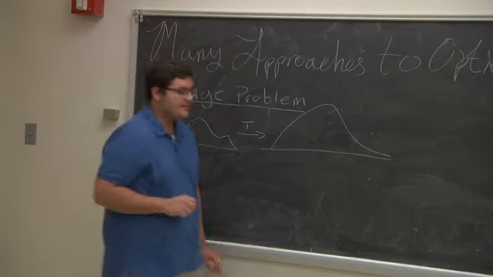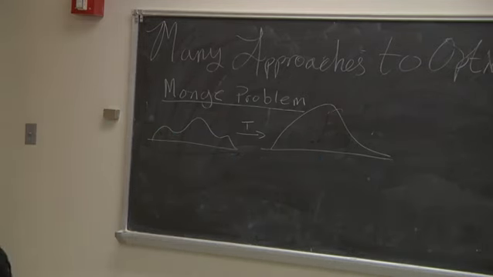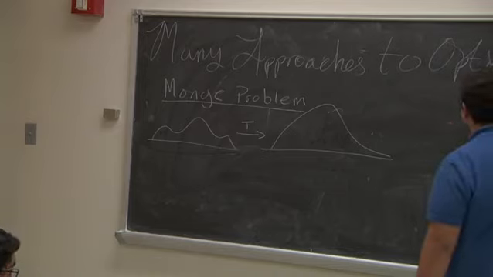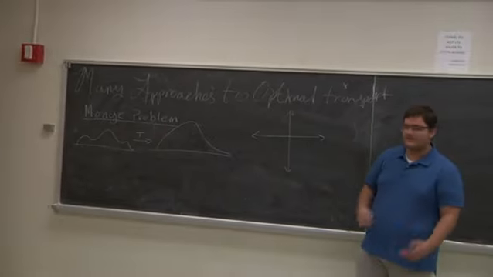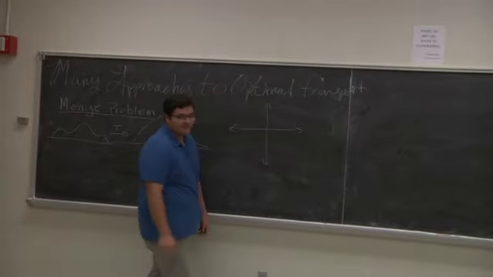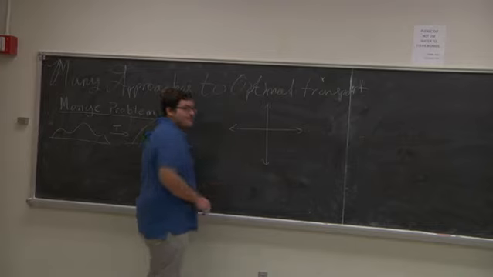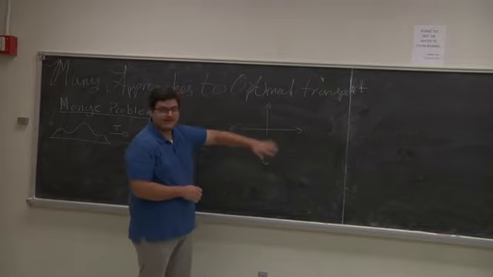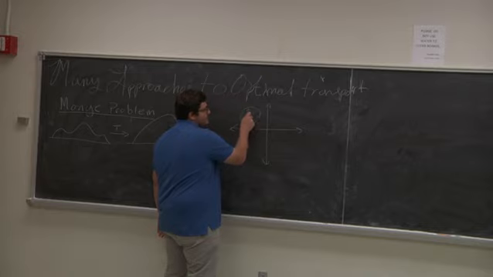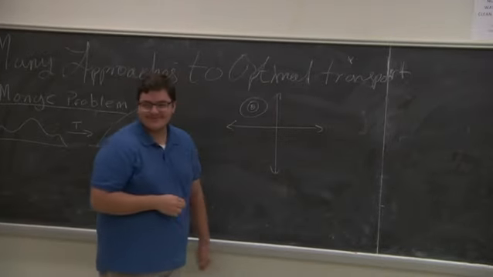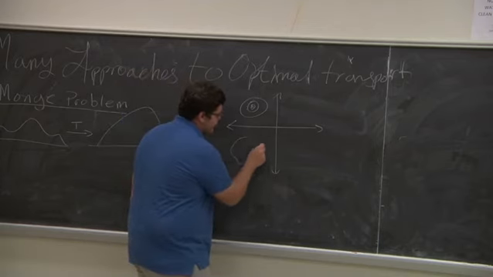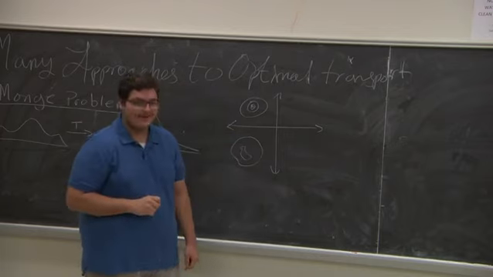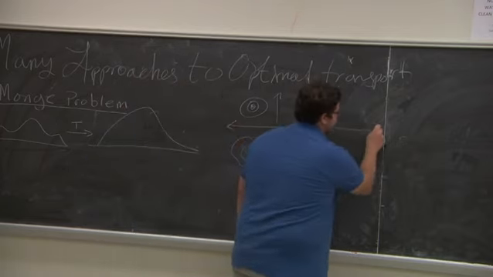The more realistic scenario, which we can't deal with right away, but we will be able to deal with in a little bit, is where you have a plane, so like a graph of the country, for example, and then you have the density of raw materials throughout that country. I'm just going to use level curves, so you can imagine this being like a surface coming out of it. But suppose there's lots and lots of iron ore here, and you're fighting World War II, and you need lots of iron. Suppose there's lots of iron ore here, and then smaller deposits around here. Right? And then your industrial center's over here, so you need some transport map